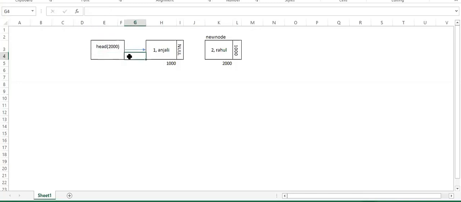So we have updated. Now if you have a look at this, our head is having the address 2000. So this link is broken and a new node that is there, since our head is pointing here, this new node should come here. Let's do this. This is a new node.